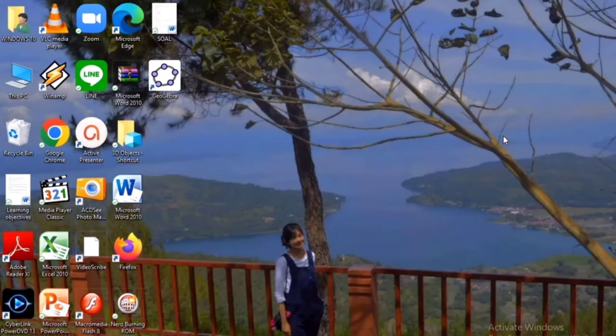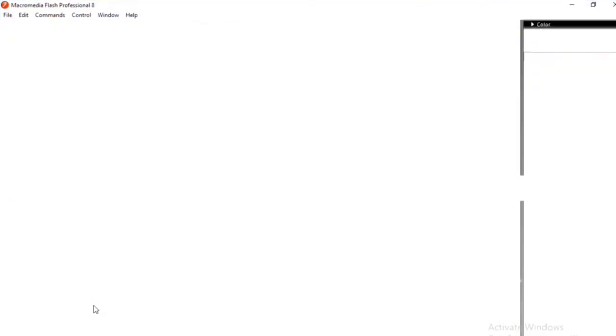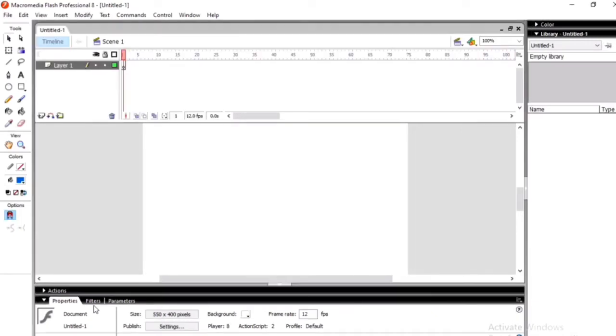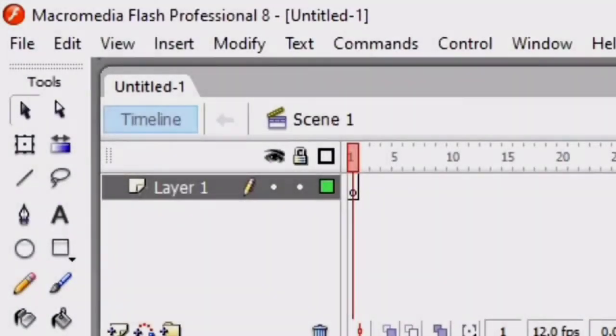In this video, we will discuss the tools function on Macromedia Flash. The first step we do is open the Macromedia Flash application. Well, here is the display of Macromedia Flash. So, the tools contained in Macromedia Flash are: